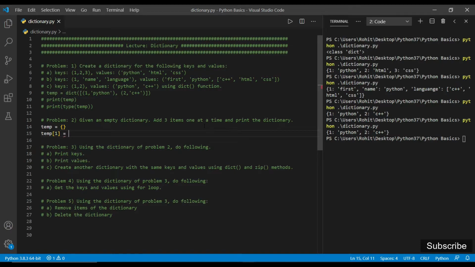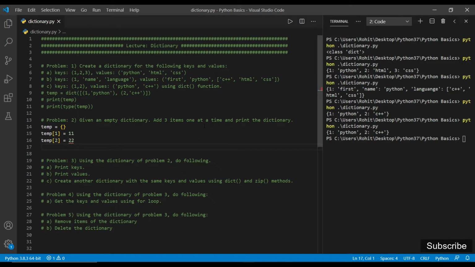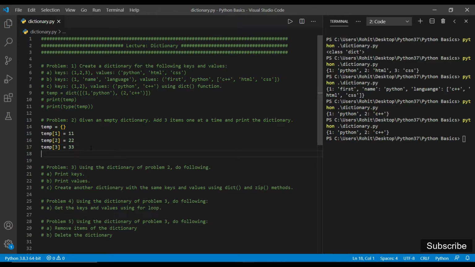Let's say its value is 11, and the second item has key 2 and value 22, and the third item can be 3 and its value can be 33.